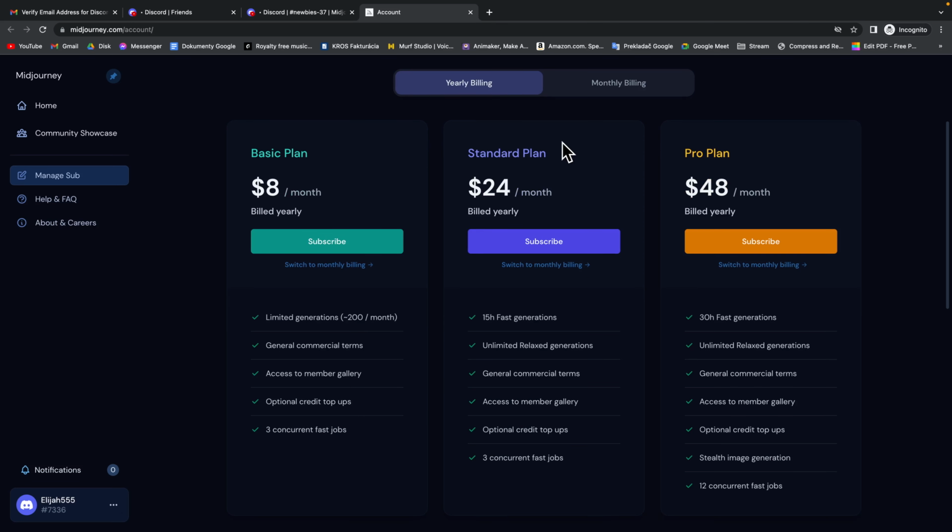Then you have the standard plan, which is $24 a month, and it's also billed yearly. And you have these pros. Then you have the pro plan, and it's $48 a month, which is pretty expensive to me. I would recommend going with this $24, or if you are just starting out, this $8 a month will